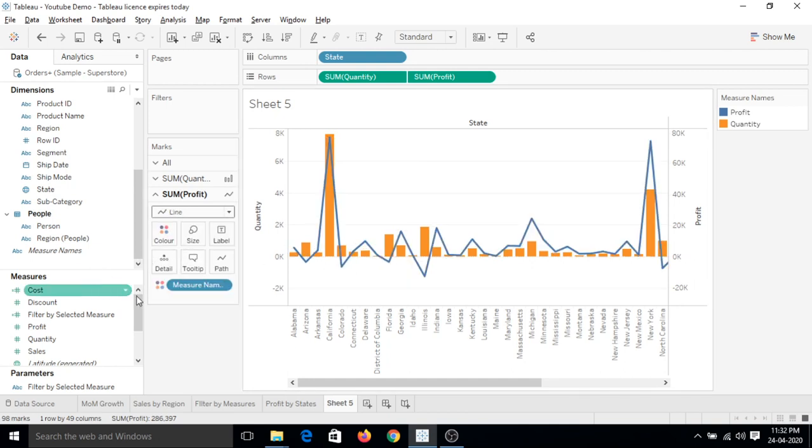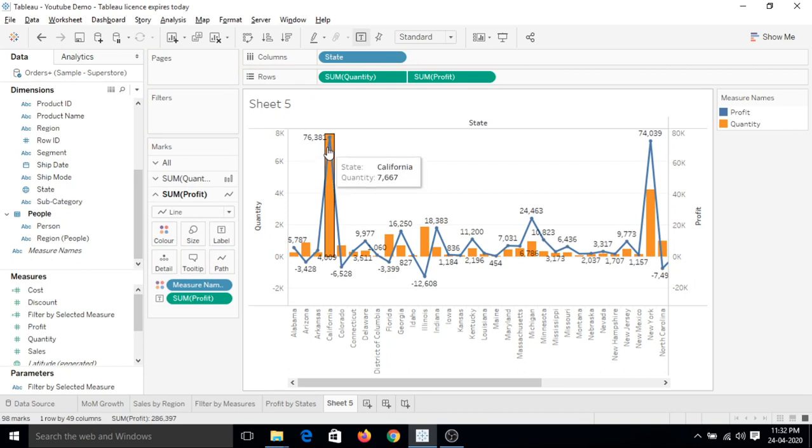And now we can add few details on the chart like profit on the label. We can see the profits, like how much profit we actually did, because this line is showing up to some extent. We can get an idea like this is around, sorry, on the right side, if we can see that 74,000 something, but to get the exact figure we have to actually put it on labels.